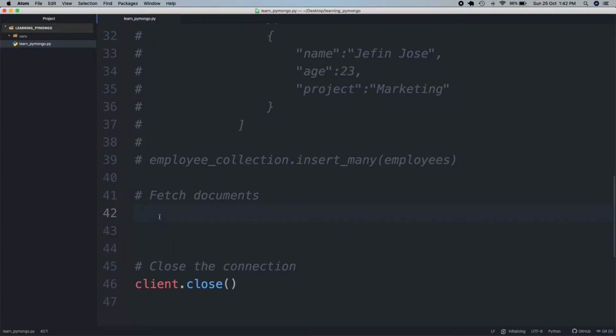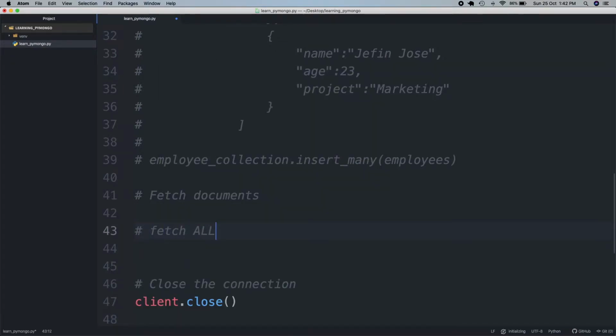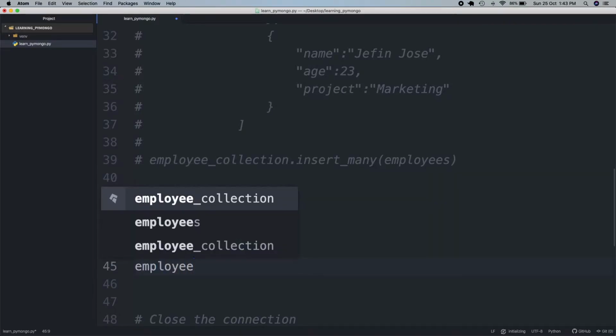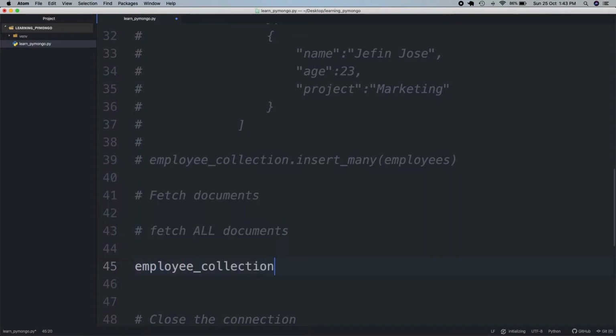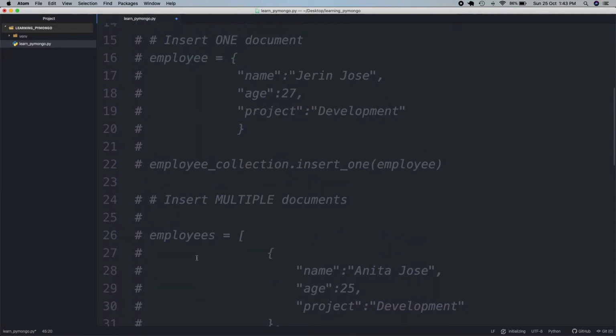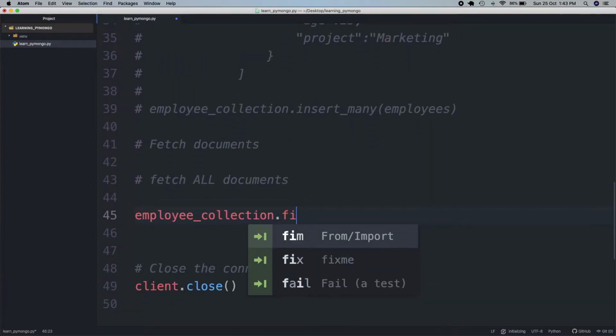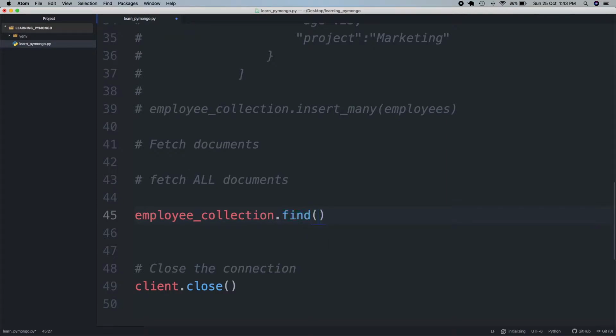The first thing we'll do is fetch all the documents which have been stored in that particular collection. In order to do that, we have to first use something called find, right? So that will be the employee collection. That's what we had used, right? Once again, employee collection dot find. This is what we'll be using. So this will return back all the